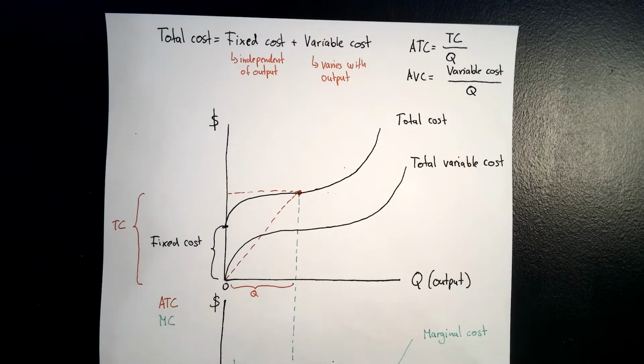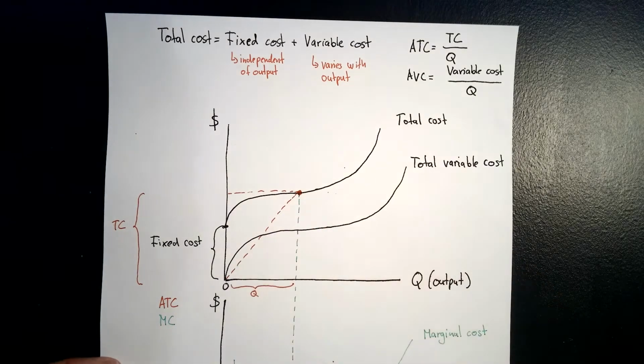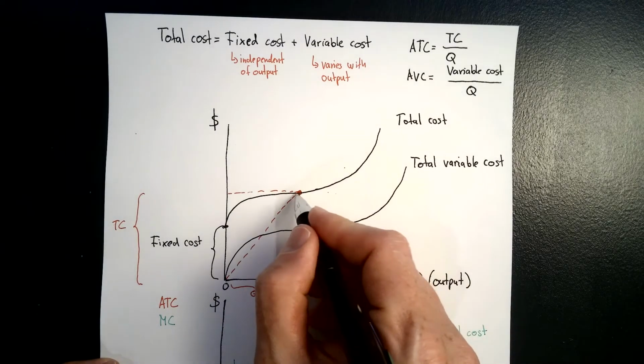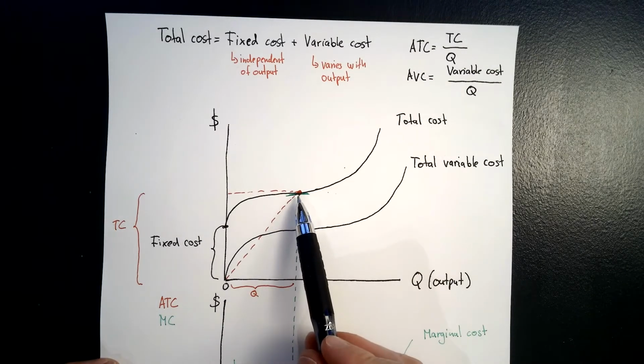Okay? Now, if you are comparing the steepness of the connecting line, the red line, which represents the average total cost, to the slope of the total cost function itself,